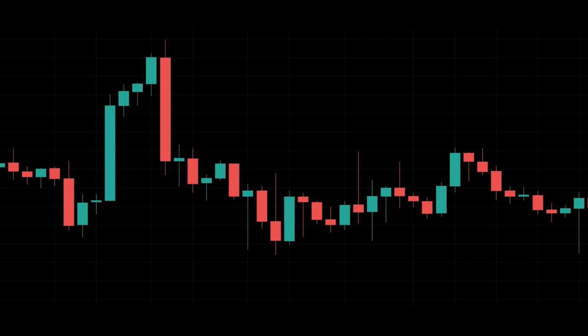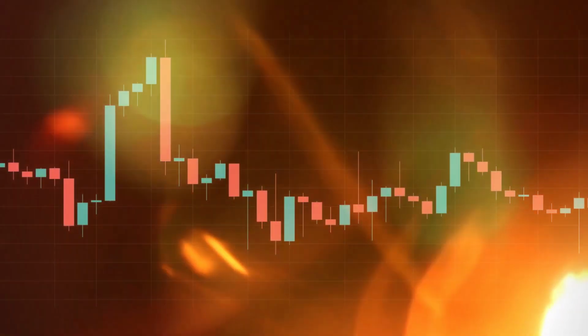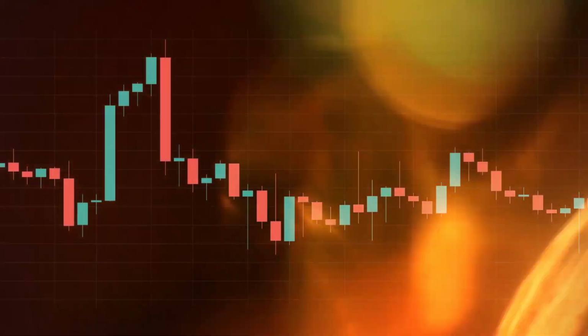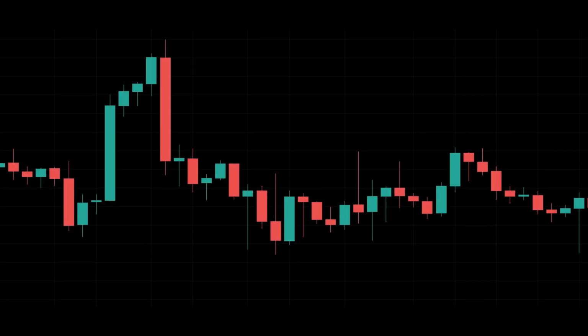Together, the body and wicks provide a visual representation of the asset's price movement over the given time period. This information can be used to identify potential trading opportunities or to make more informed investment decisions. For example, a normal bullish candlestick occurs when the closing price is higher than the opening price, resulting in a green or white body. The longer the body, the stronger the bullish sentiment, indicating a potential uptrend in the asset's